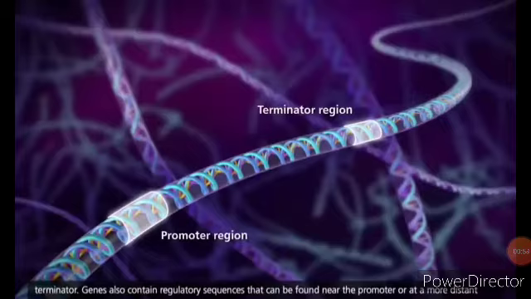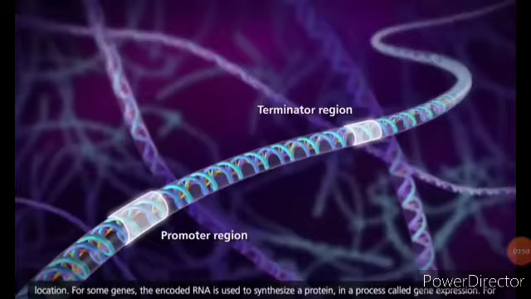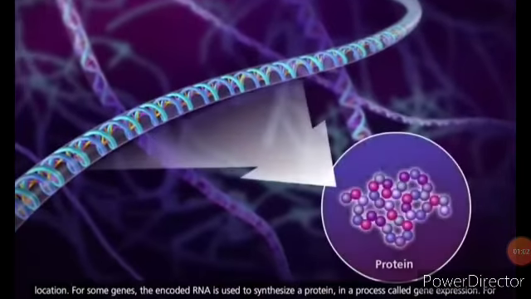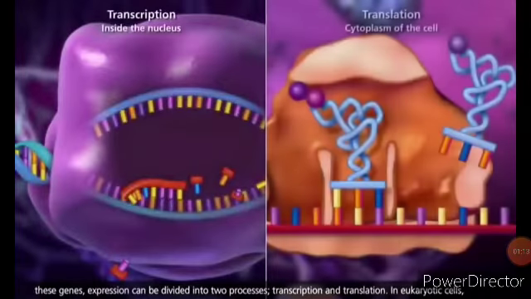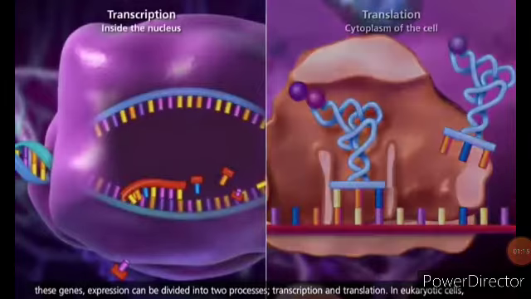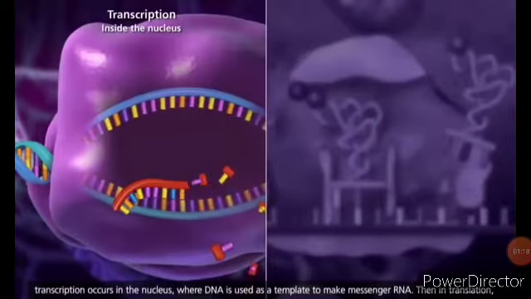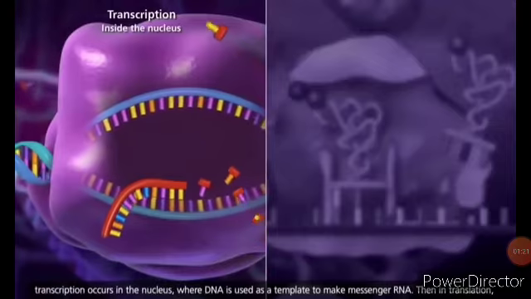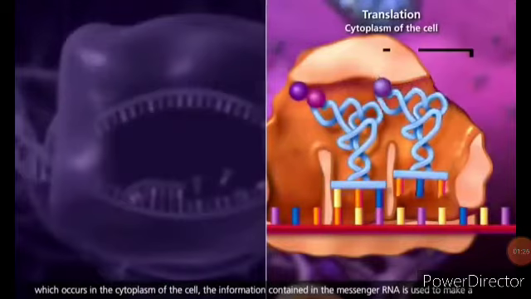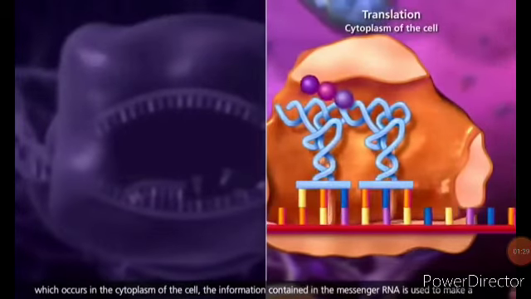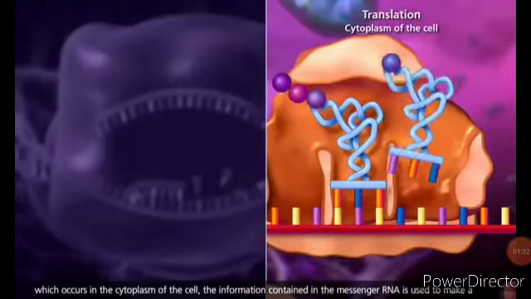Genes can contain regulatory sequence that can be found near the promoter or at a more distant location. For some genes, the encoded RNA is used to synthesize a protein in a process called gene expression. For these genes, expression can be divided into two processes, transcription and translation. In eukaryotic cells, transcription occurs in the nucleus where DNA is used as template to make messenger RNA. Then, in translation, which occurs in the cytoplasm of the cell, the information contained in the messenger RNA is used to